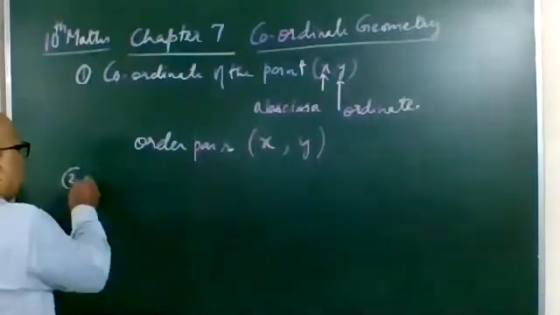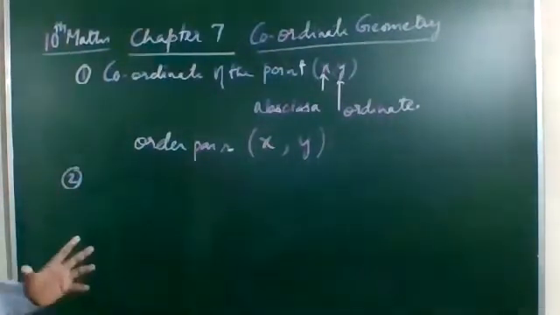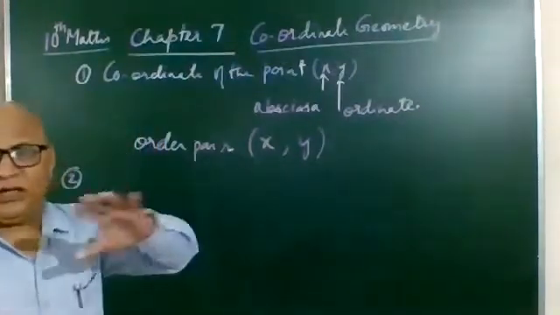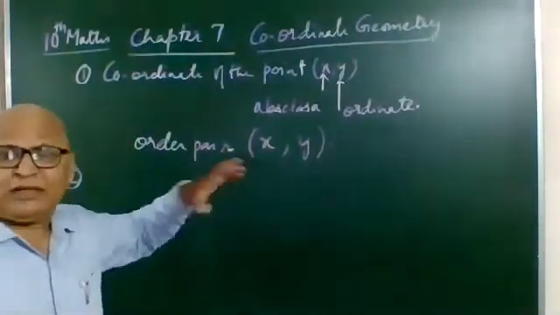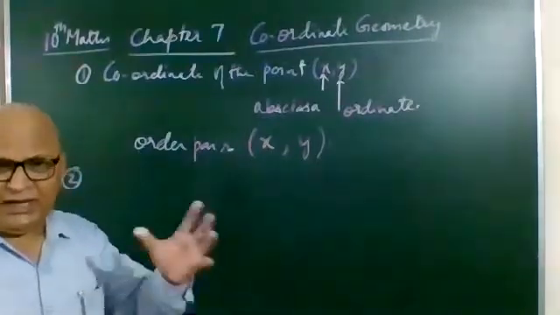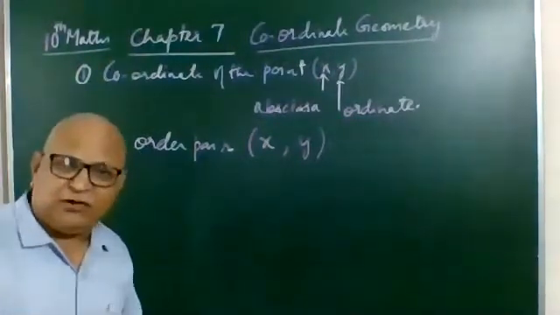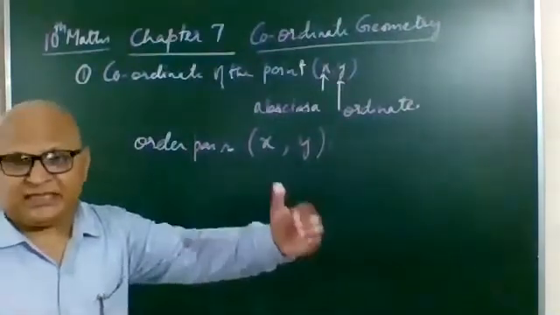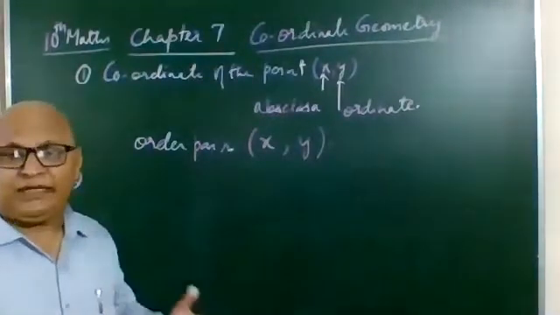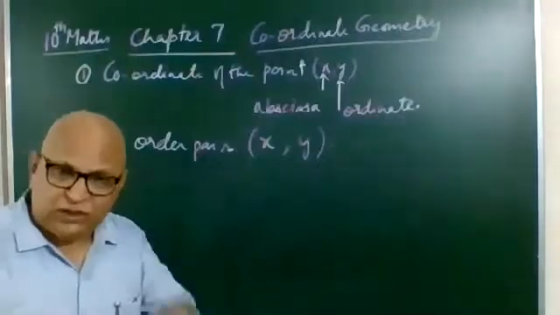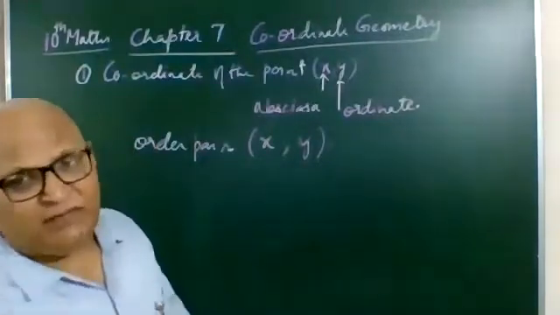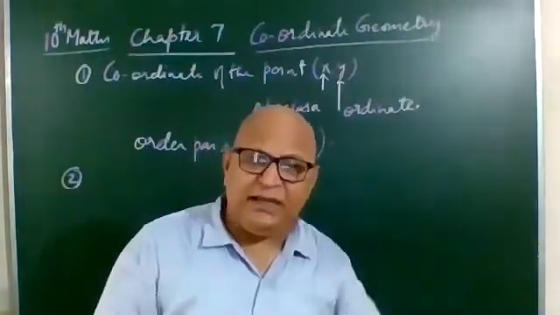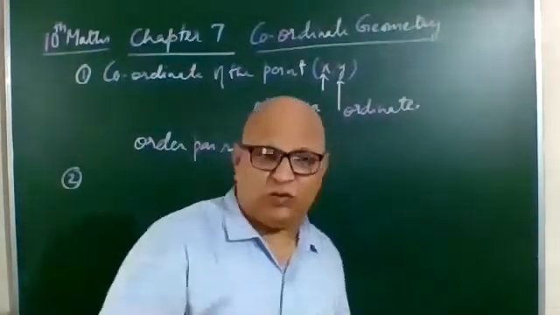After this, now in the Cartesian plane, the point moves. Now you will not write in which quadrant this point will be lying. Our question is what? If the point is on the x-axis, what will you write? Since the given point is on the x-axis, the coordinate of the point will be x, 0.